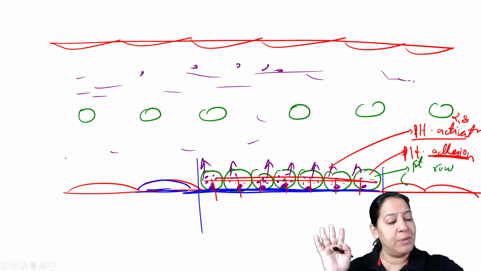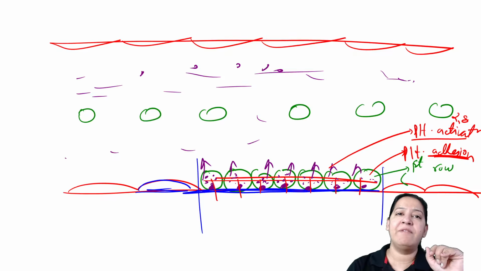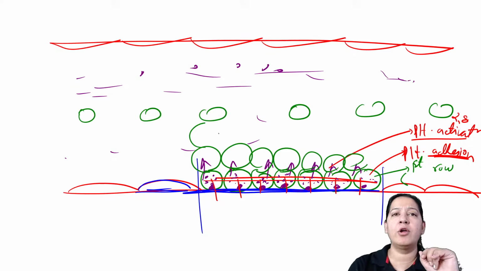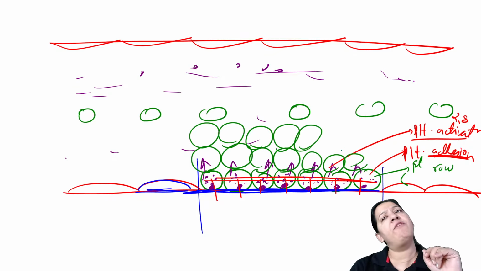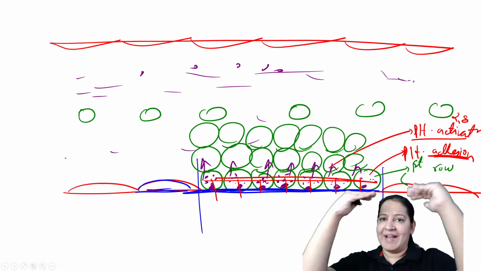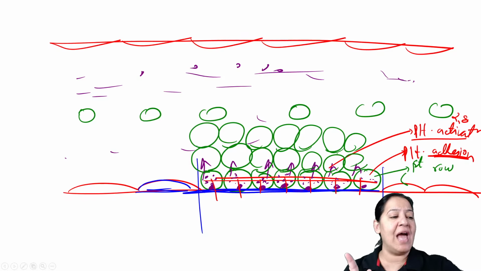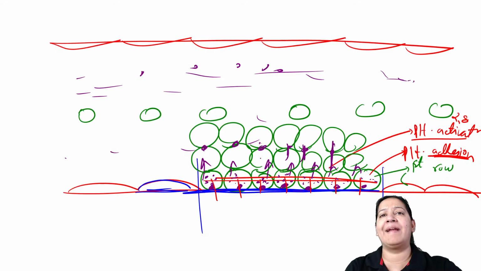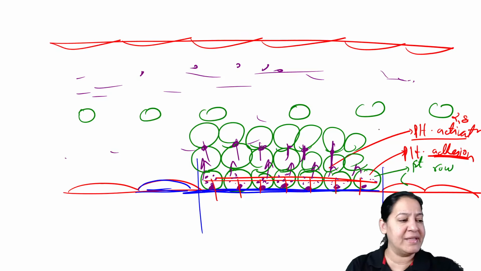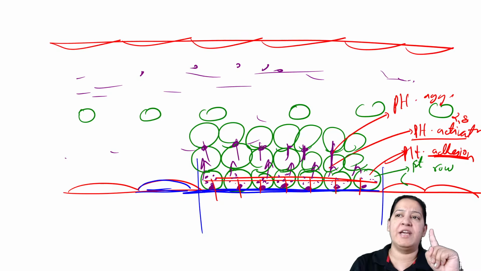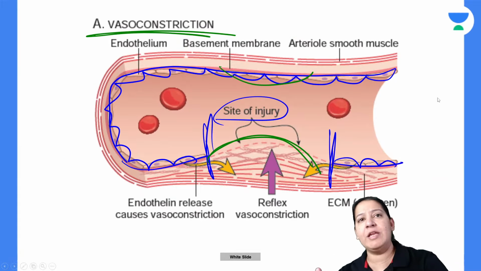Now other platelets will come into the role. The other platelets will form platelet over platelet. They will form a second row, a third row, a fourth row, multiple rows. So platelet over platelet, one by one, they are laid over one another. Here also it takes place with the help of receptors. But here receptors are forming bonds between platelet and platelet. Can you see the bond is formed between platelet and platelet? This step is known as platelet aggregation. Have you got the three steps? Adhesion, activation, and aggregation. I will explain you again.